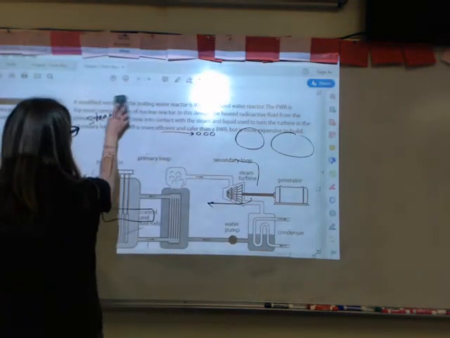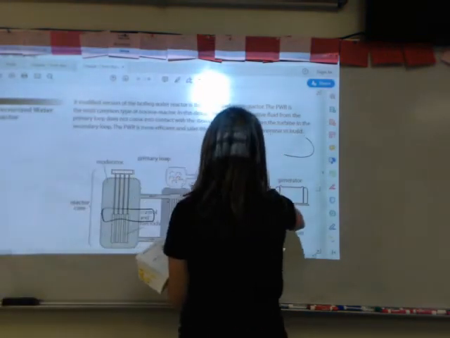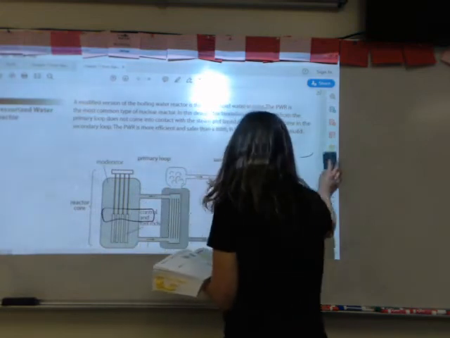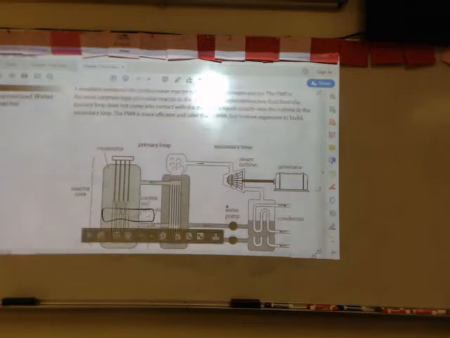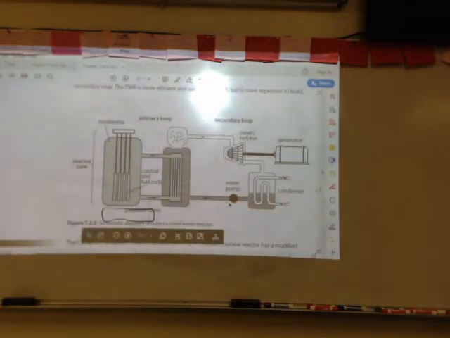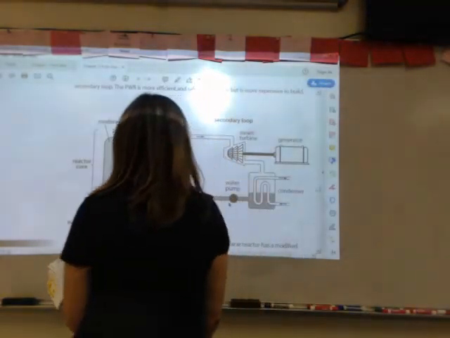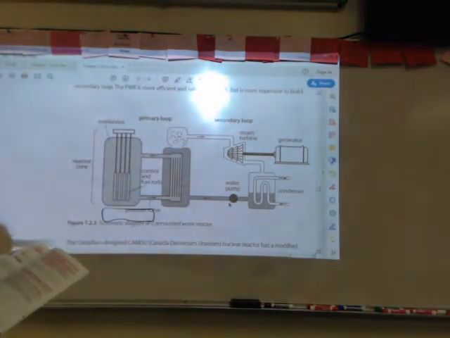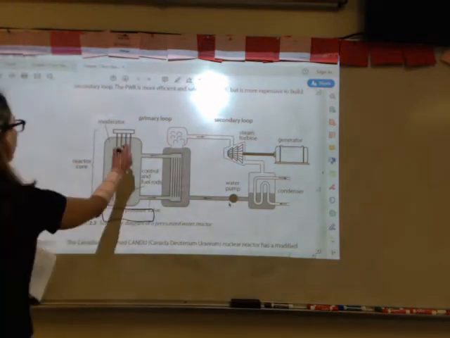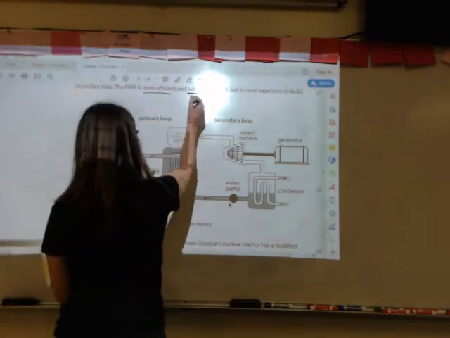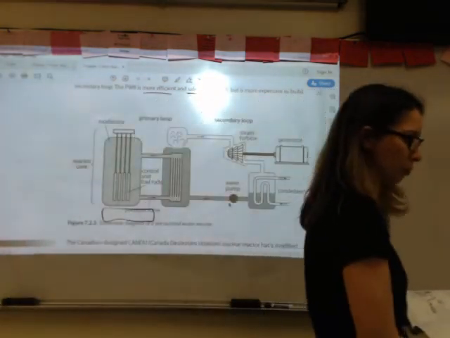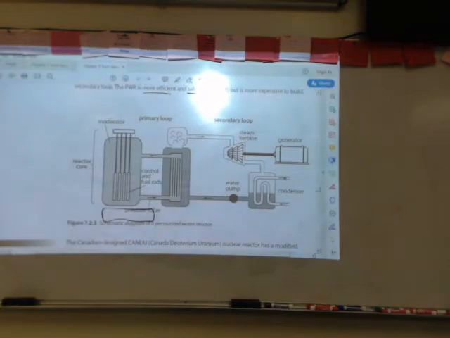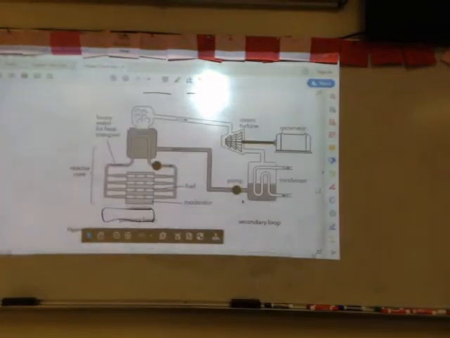So the most common type of nuclear reactor is the pressurized water reactor. And this is where the heated radioactive fluid from the primary loop does not come into contact with the steam and the liquid used to turn the turbine in the secondary loop. This is more efficient and it's safer than the one we talked about previously, but it's a lot more expensive to build. If you take a look at the CANDU down here,